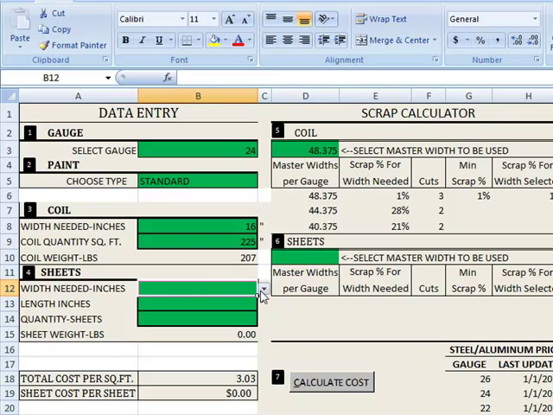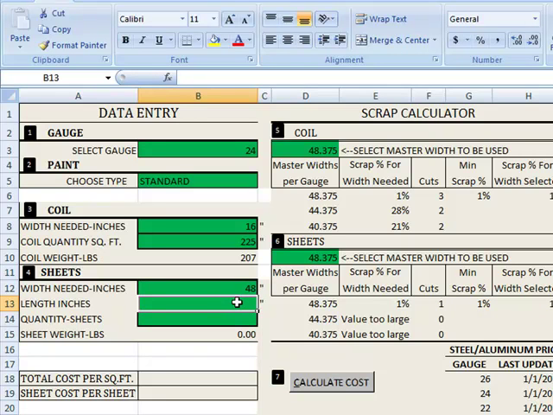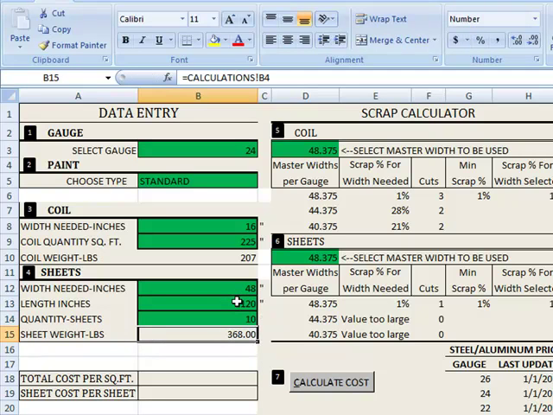So let's go ahead and price the sheet up, and we can go ahead and select from one of the parameters in the list, or you can go ahead and just type an amount in. So let's go ahead and type in 48. For the length, we'll go ahead and put in 120 inches. For the quantity, we'll put in 10,